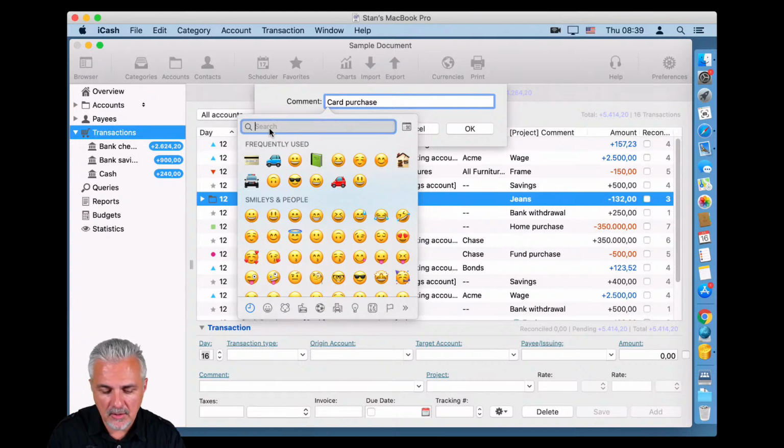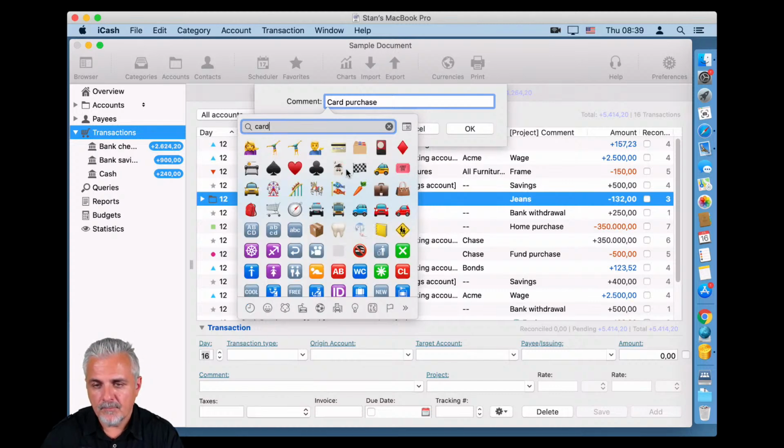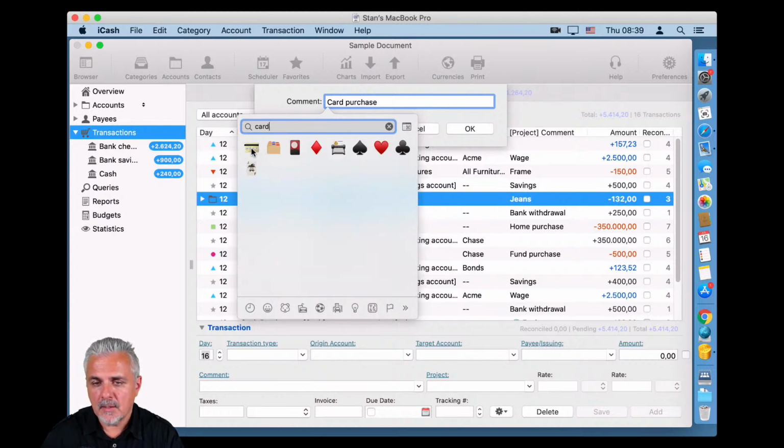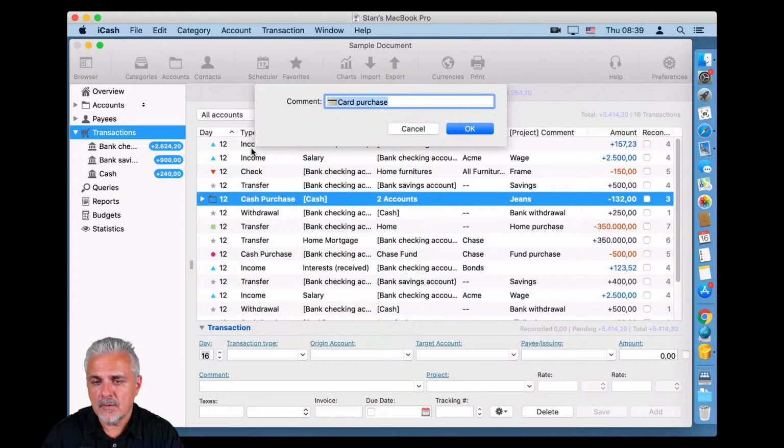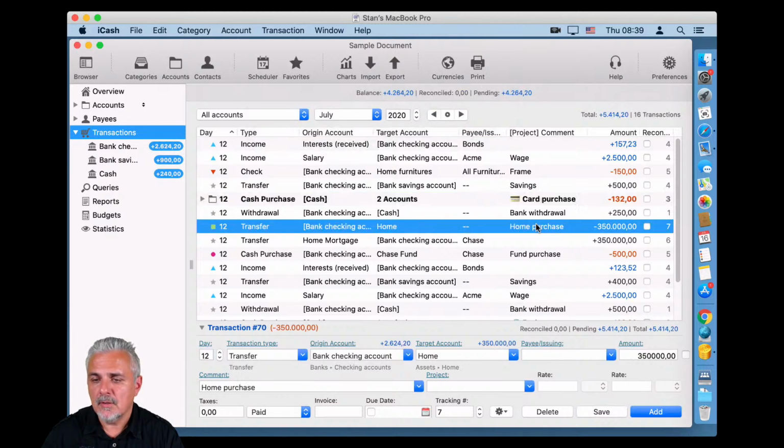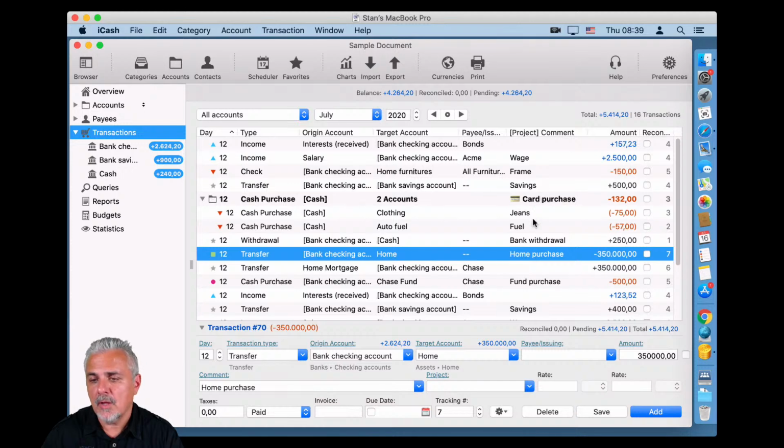We can search card here, and we can automatically use this emoji, and we click OK, and we have our card purchase customized with a card icon, a card emoji, and